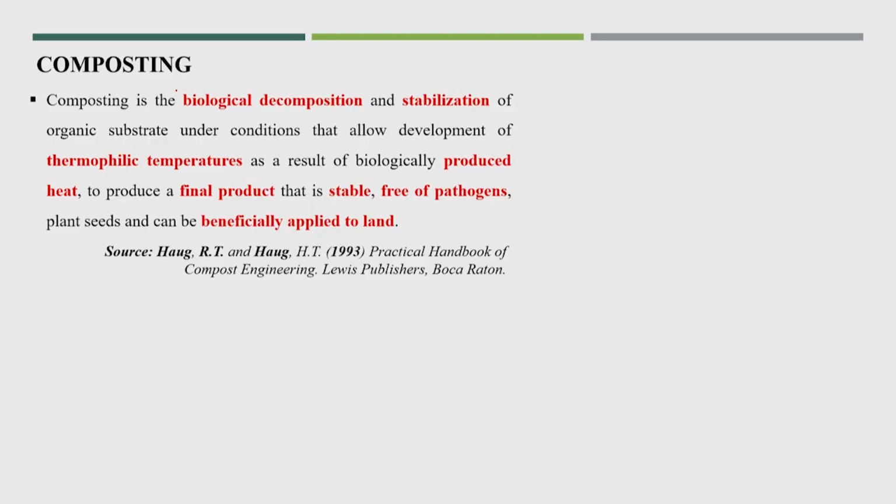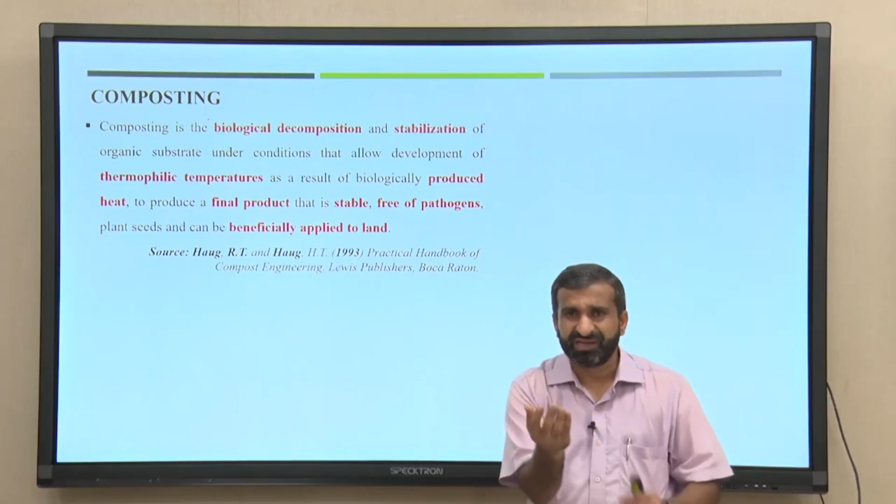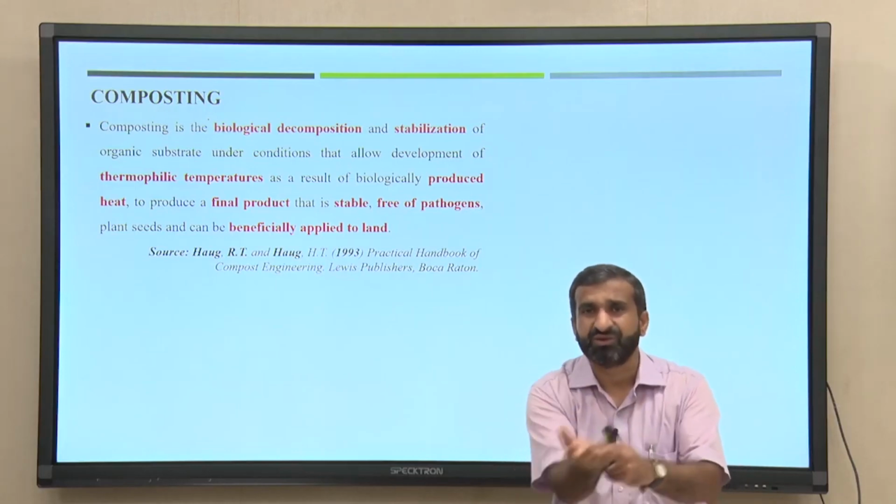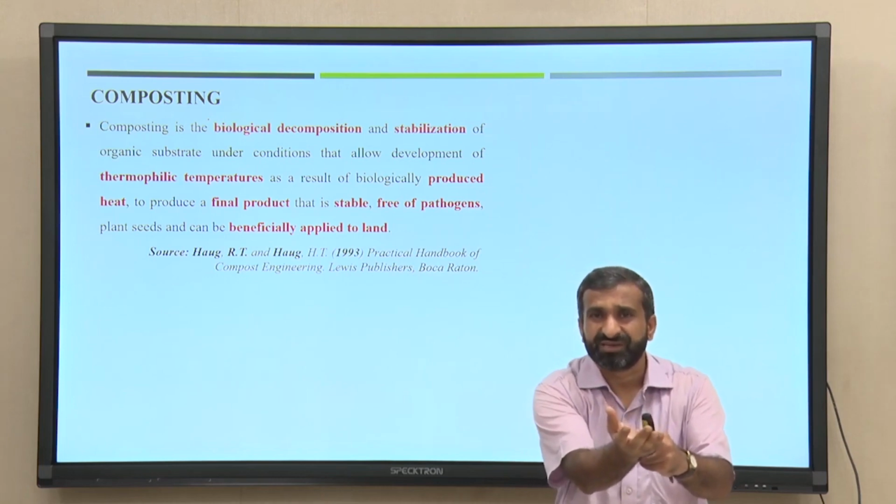Whatever waste you use, whether kitchen waste, after the degradation process a lot of pathogens are possible. If you are using sewage sludge especially for the composting process, or even agricultural waste, there also you will find a lot of pathogens, and these pathogens get reduced by thermophilic temperature, which I am going to discuss further. That is why, if you visit any compost plant and want to take the compost in your hand, just ask the question: how much thermophilic temperature did you get?